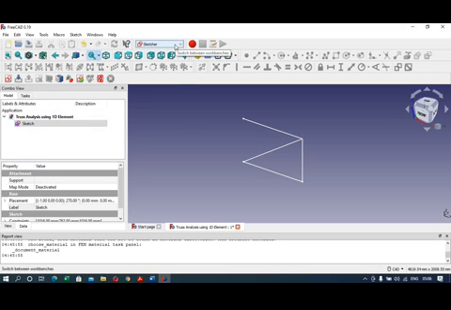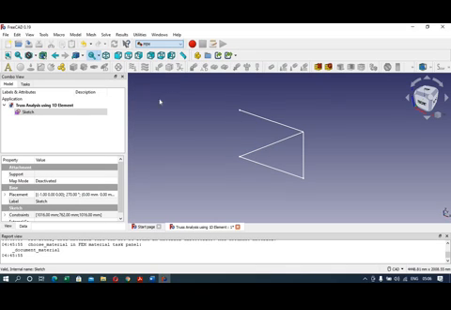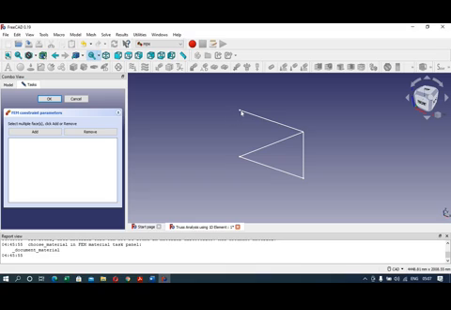Now I will select the FEM option from the drop down menu, finite element analysis. The first step is to click on this symbol, which creates an analysis container with the standard solver Calculix. Under this drop down menu you can see the solver CCX tool. Click on this, then select the sketch. We will now fix node number 1 and 4. I will select this point and add, select the second point and add.